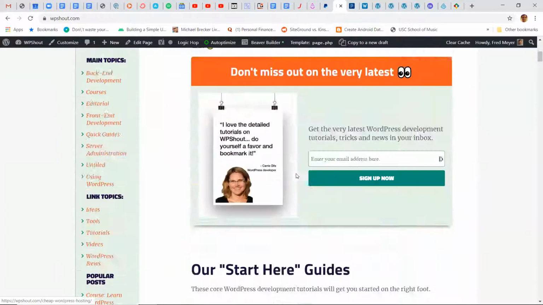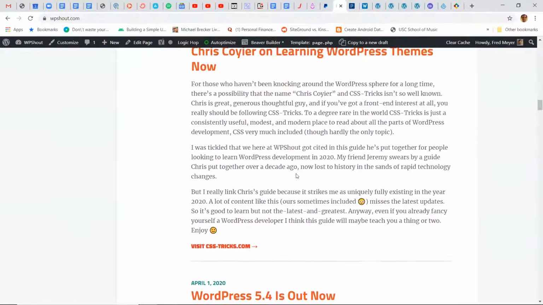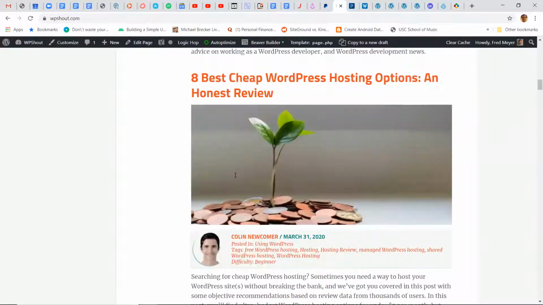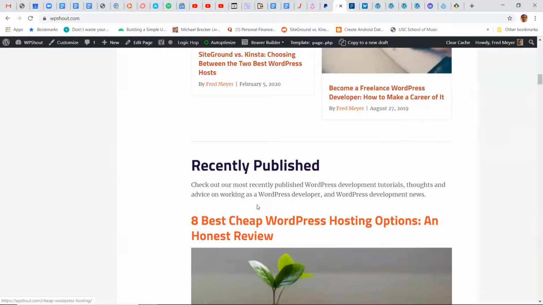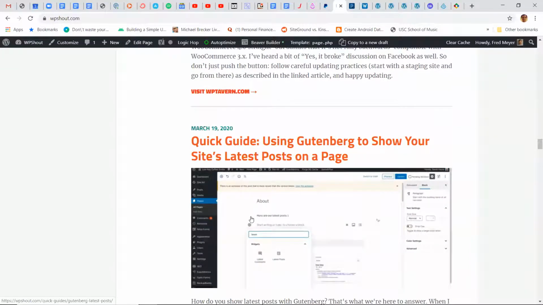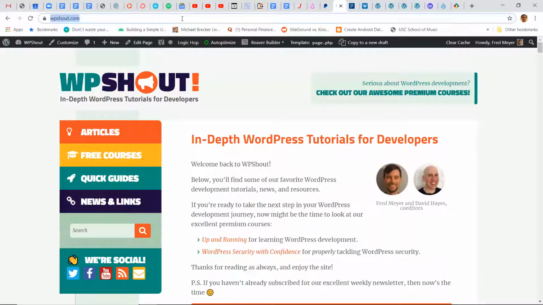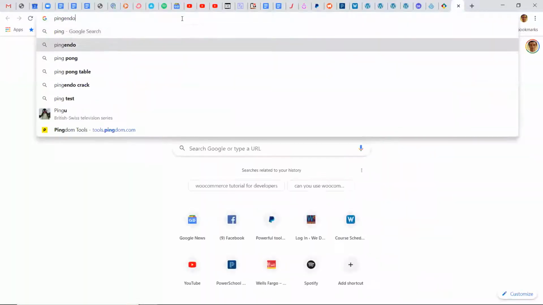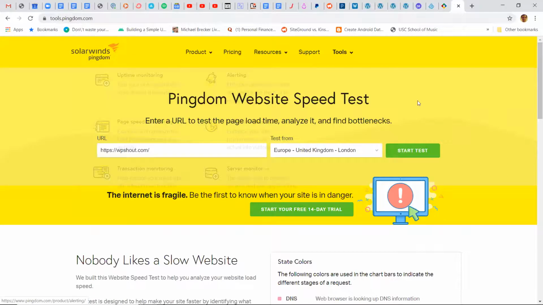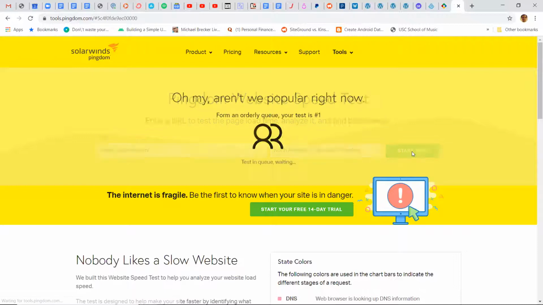I think the challenge with making the WP Shout homepage fast is actually all the PHP logic to generate this scroll, because it's got loops on loops and all that stuff. So it's been challenging to make the WP Shout homepage as fast as we want it to be. It's been challenging to get Google to be like, I am in love with this page because it is so fast. And that's part of the reason that we moved to Kinsta. We just loved our SiteGround hosting for a long time.